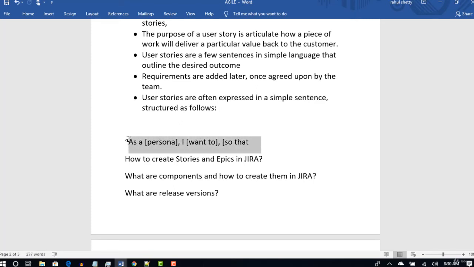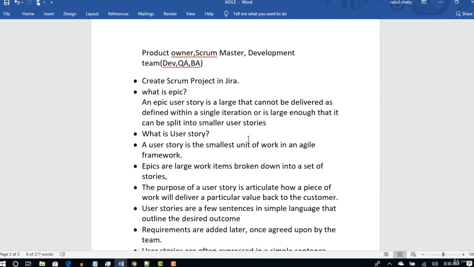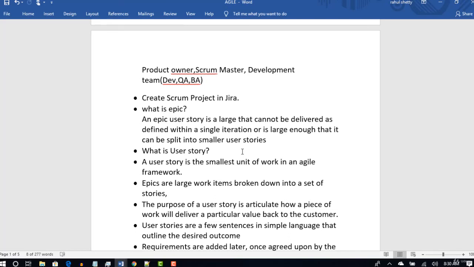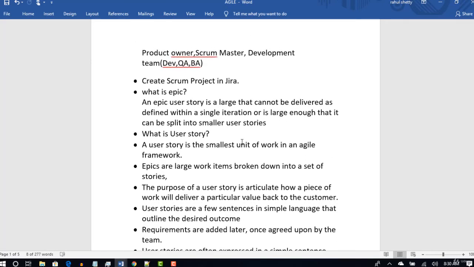This is the suggested syntax. Some people follow it and some people do not, but we shall follow this. In this syntax, first you have to define the user story and tell what you are going to develop as part of that story. Don't worry, theoretically you understood that it's a small chunk of work and you have to define it in a particular format. Let's write some user stories so that you will understand how to define a user story from a business perspective, or by how much value it is generating back to the customer.